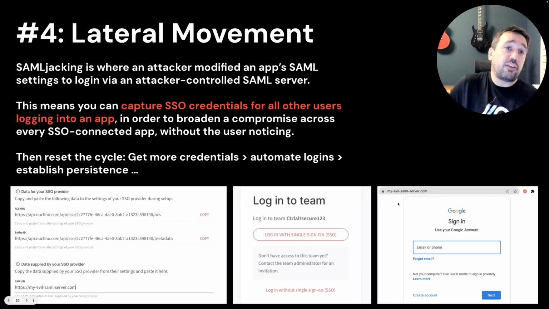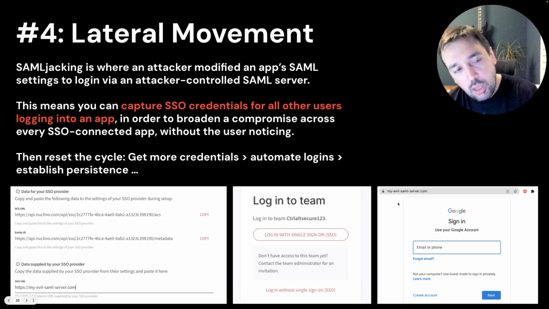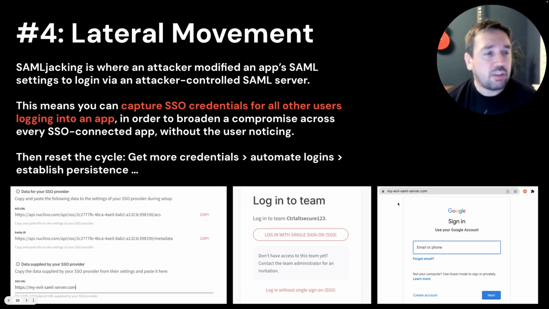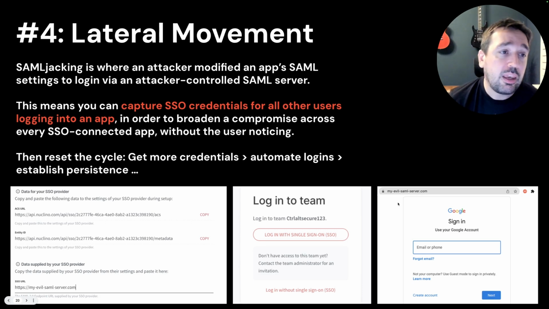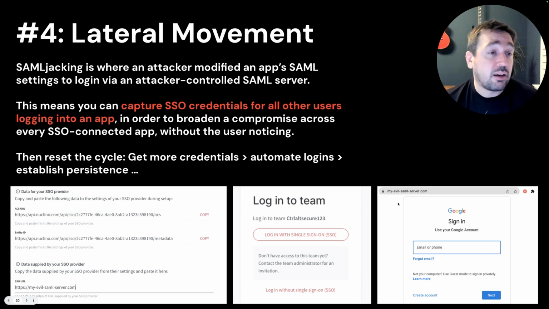So we're going to move on to lateral movement. Consider the same thing. It's a little bit more complicated because I'm going to use SAML jacking as an example here. This is a technique that can be used for lateral movement in the identity attack world. If you compromise an app and you have the ability to change the SAML settings for it, this is almost the equivalent of a local admin compromise, as in you get admin access to some downstream SaaS app, not Okta, not Entra, not Google, but of the many hundreds of apps in use, you compromise a user that has admin access to one app.